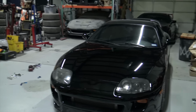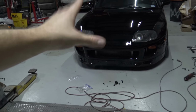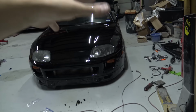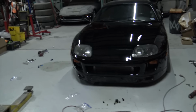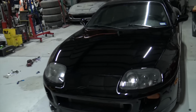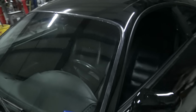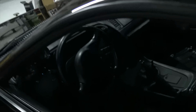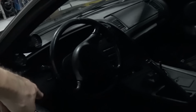Long way. The outside, the body is 100% back together, other than the fender liners, but that's not the outside, so that really doesn't count. But I'll throw the fender liners in tomorrow, and then all this stuff is done. So I'm really excited. The hood is on finally, and the interior is all back together, except for a few things. When we get the ECU, we need to rewire some gauges and stuff, so I left the kick panel